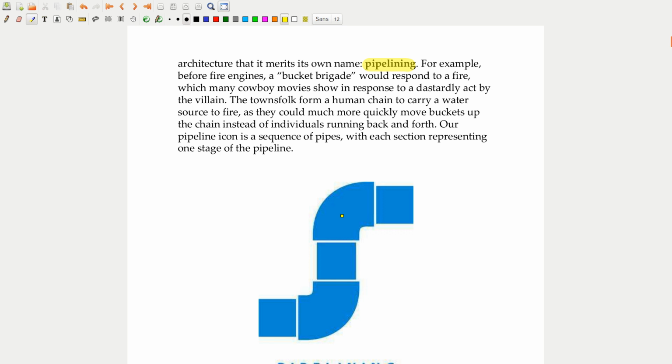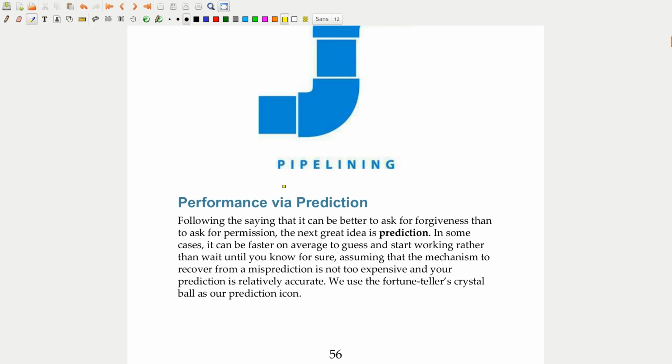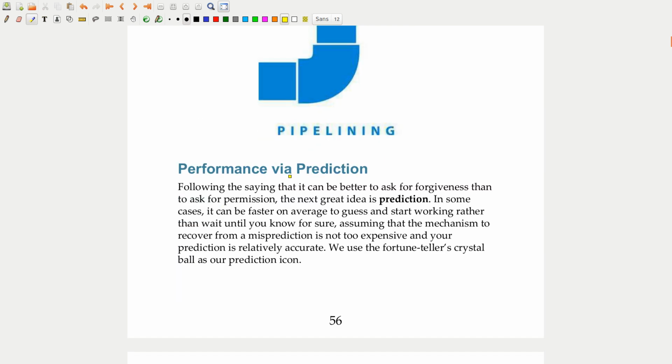But a lot of times we can get past some of those issues. So, performance via prediction. Following the saying that it can be better to ask for forgiveness than ask for permission. So, if you're a Python programmer, you know that pretty well. The next idea is prediction. In some cases, it can be faster on average to guess and start working rather than wait until you know